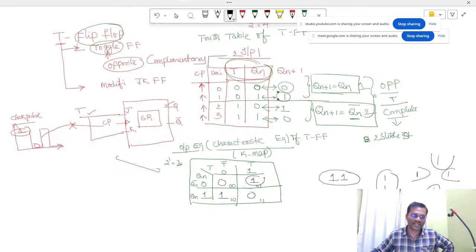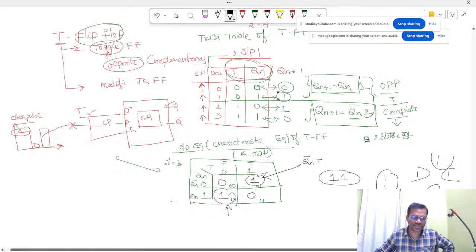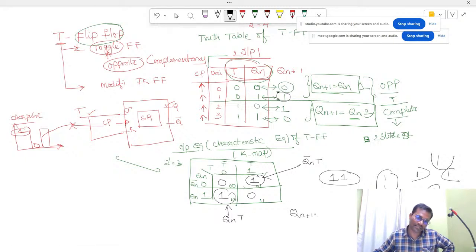For this element 1, what is the row value of this row? Qn bar. And what is the column value? T. Okay? So for the other one, how do we write it? What is the row? Qn. What is the column? T bar. Therefore, the output characteristic equation is Qn plus 1 equal to Qn T bar plus Qn bar